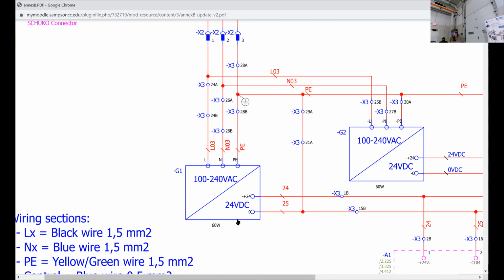I got stuff scrambled up in what happened there. Okay, so